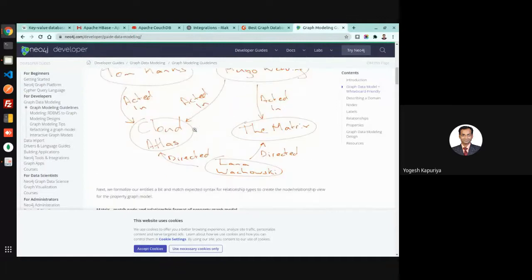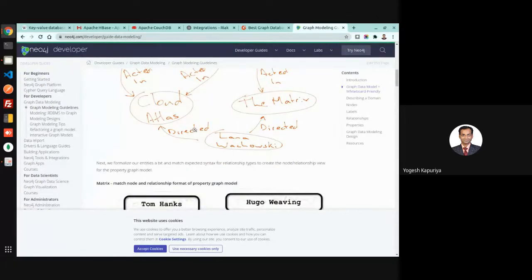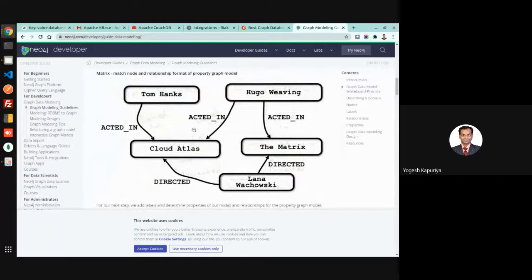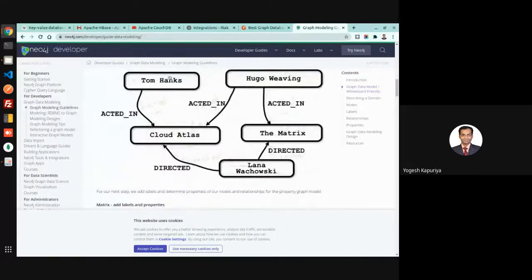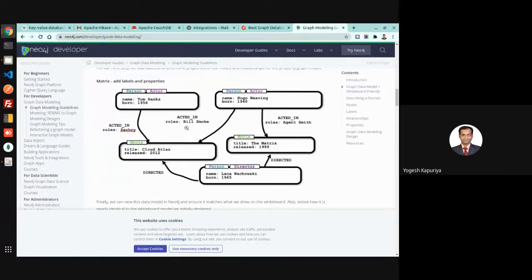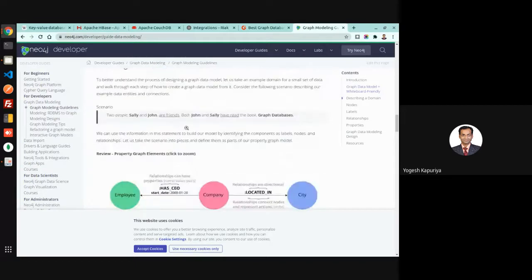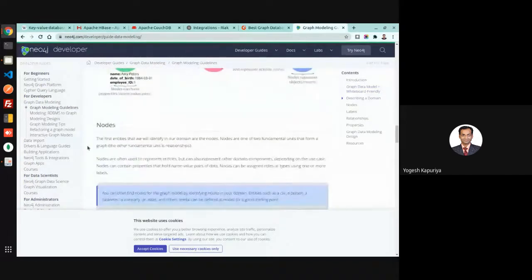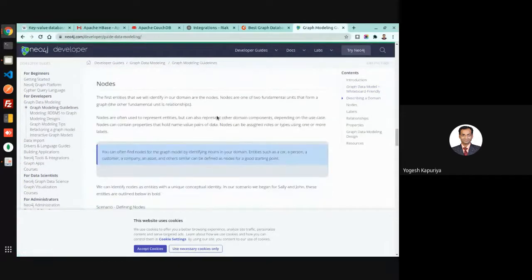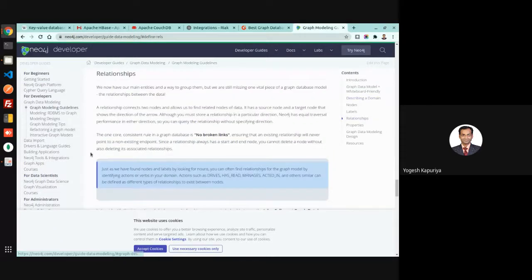Actually, the first step is how do you model your data. So you have to put it on some paper and then you can simply try to find out or identify some nodes and edges in that. And then you can go further. Okay, and this is how you represent your data. Then once you are ready with the representation, you have all the tools available with which you can create the database, and then you can play with your data as well.